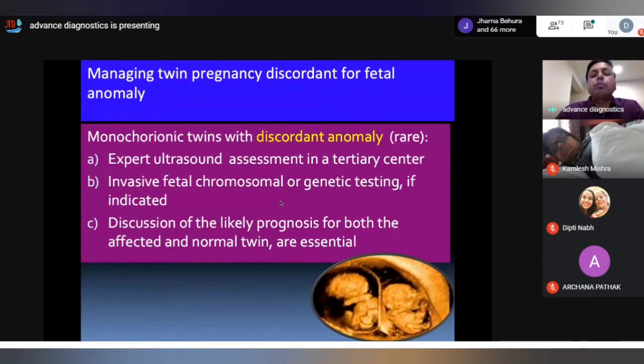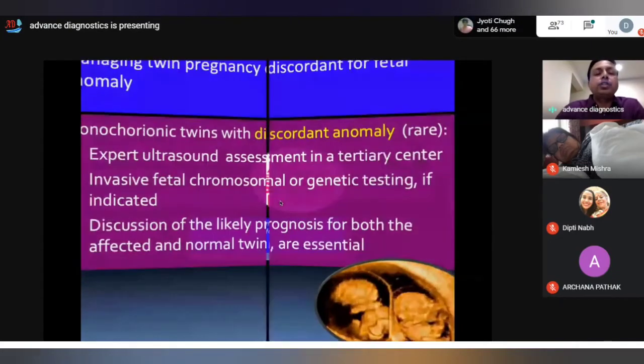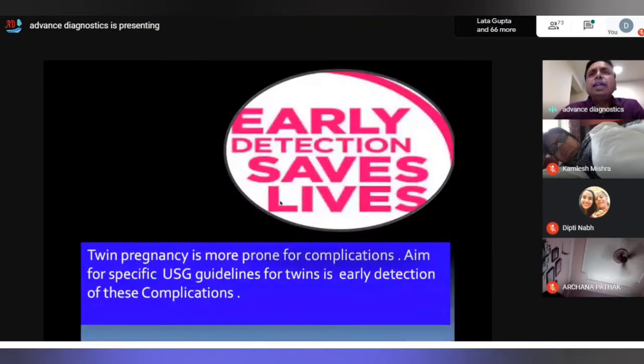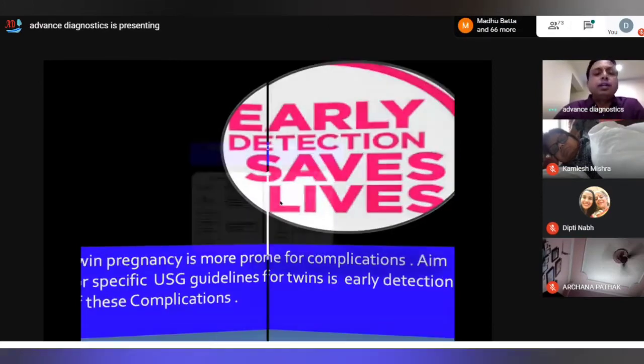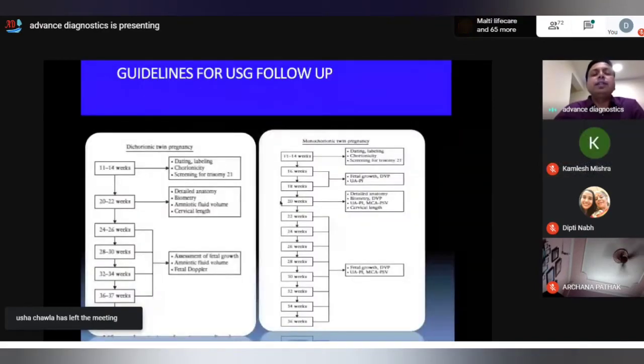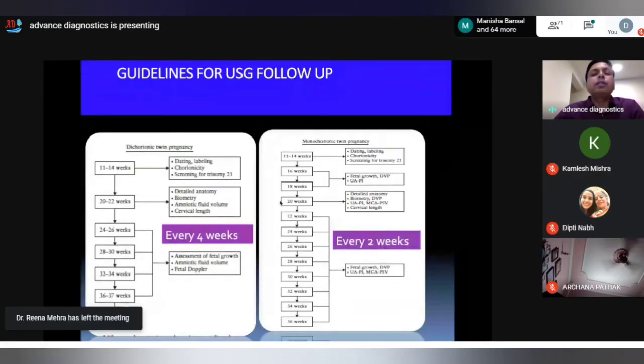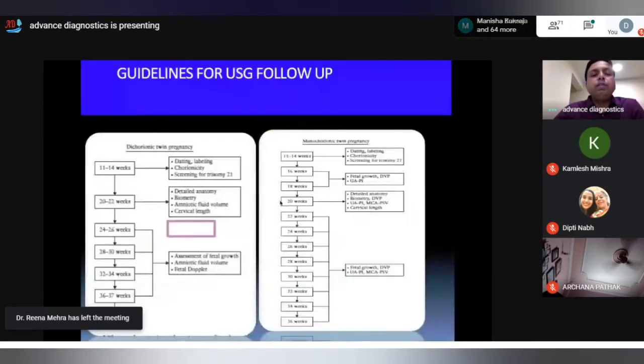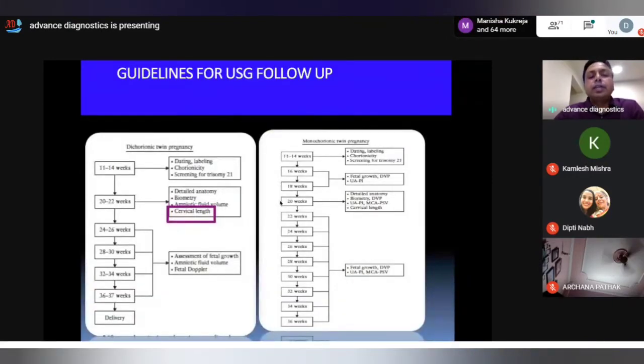invasive fetal chromosomal or genetic testing if indicated, and discussion of the likely prognosis for both the affected and normal twins are essential. So the guidelines have been made so that we can diagnose these complications early. That is why these guidelines for ultrasound follow-up are meant to diagnose these complications early. How? If you are seeing a cervical length assessment that is added in the 20 to 22 weeks